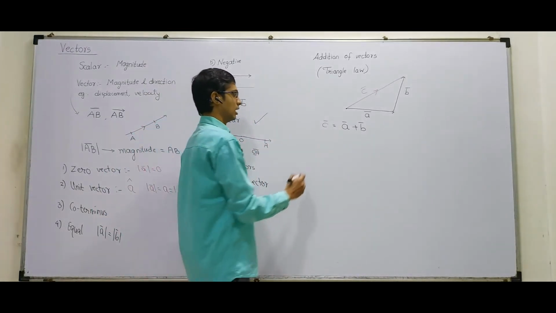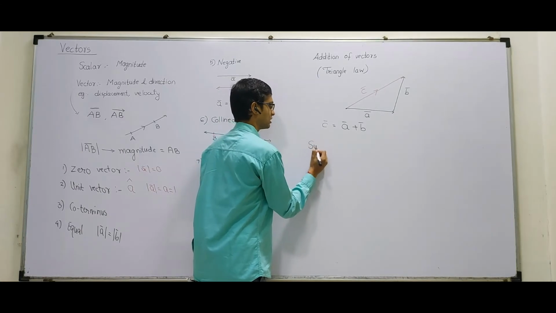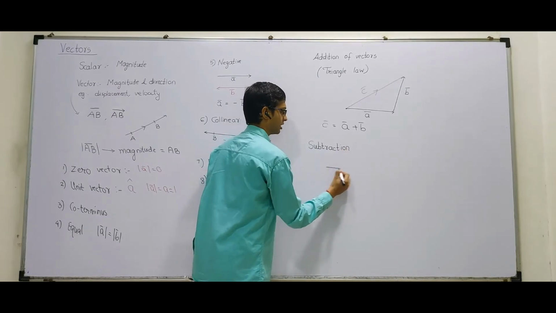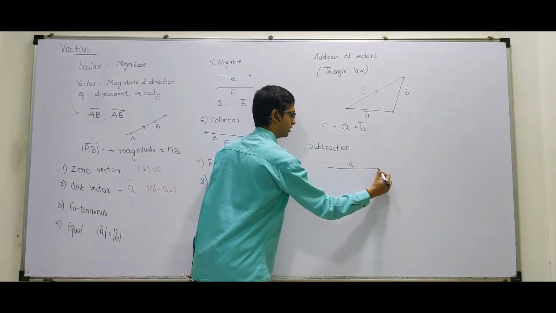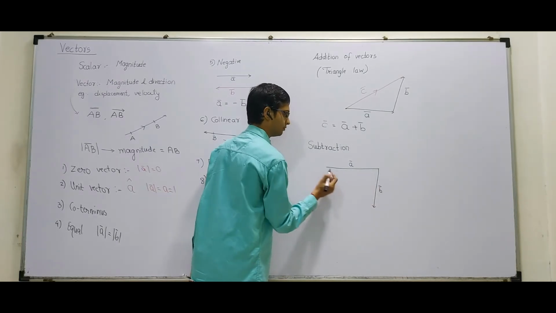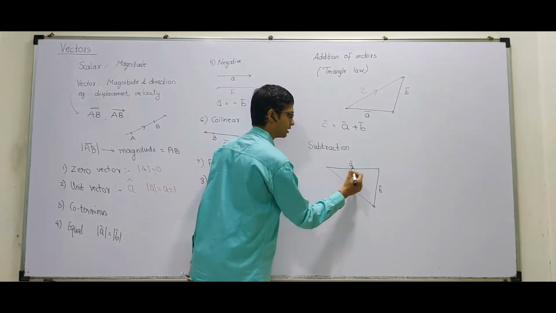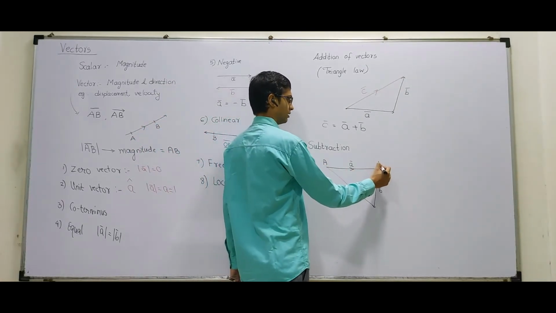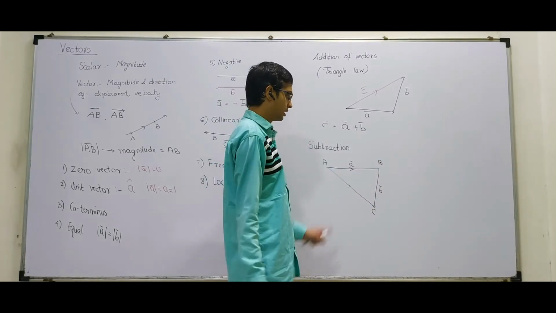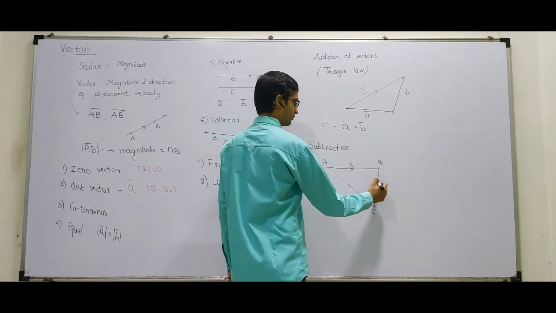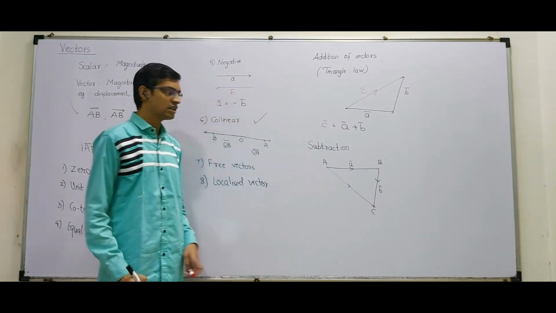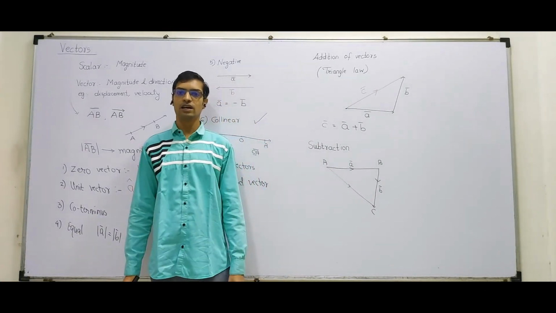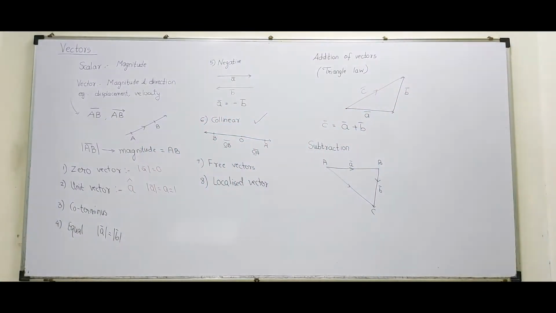Okay. Now we can also do this for subtraction. So say if I draw A bar over here, if I draw B bar over here, what about this? What do you get about this? Think over it and tell me the answer. If I draw like this, A bar plus B bar, again this will be addition. A bar plus B bar is equal to C bar.